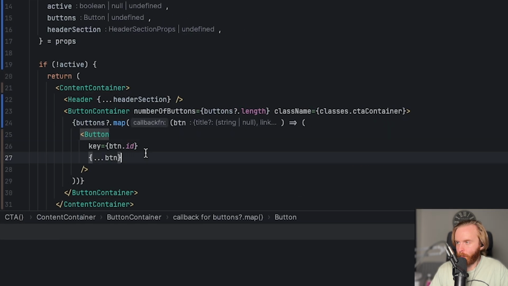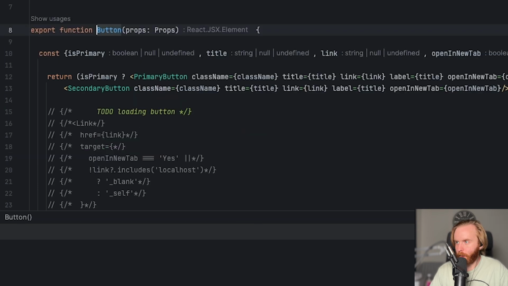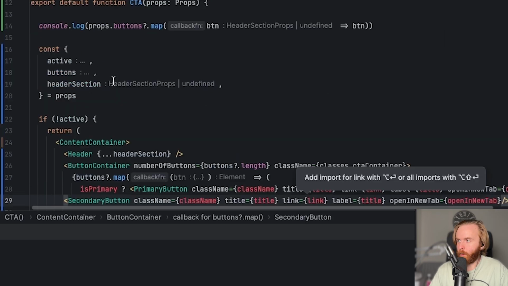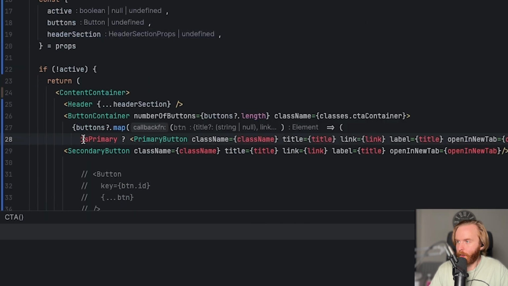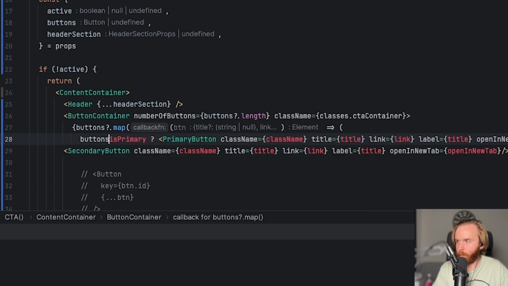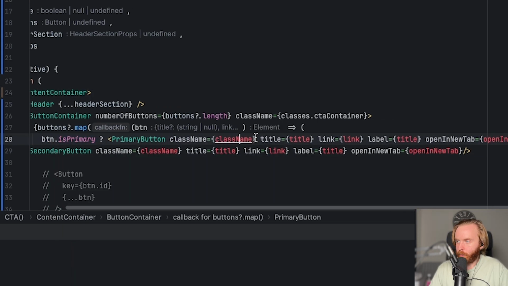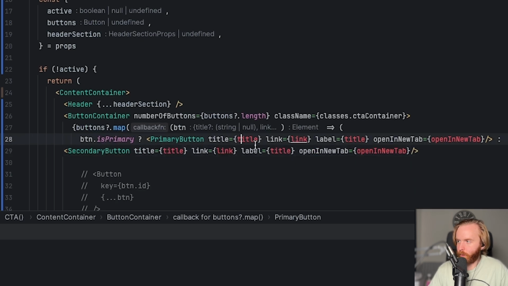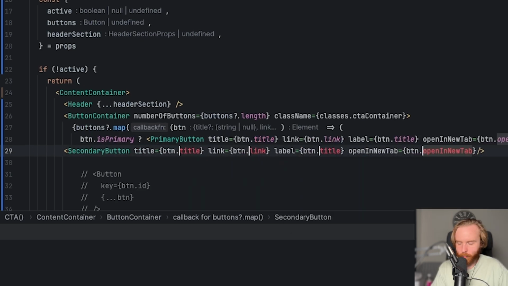Let's look here again. Okay, so what we'll do, let's bring out our buttons here, even though this should be working. Oh boy, okay, so, oh, I just need to add button is primary. Get rid of class name, do the same thing here. And so we'll see if this actually works. All right, button,